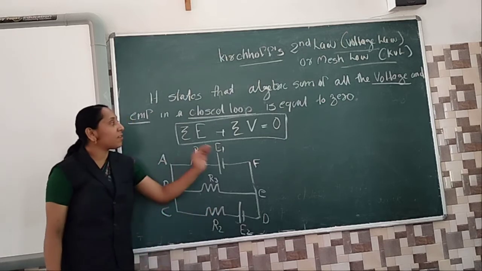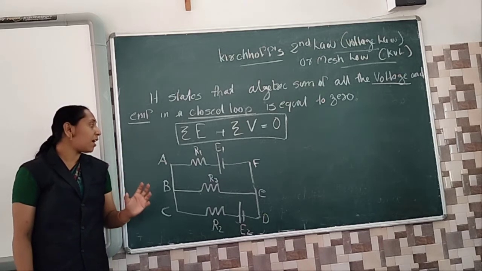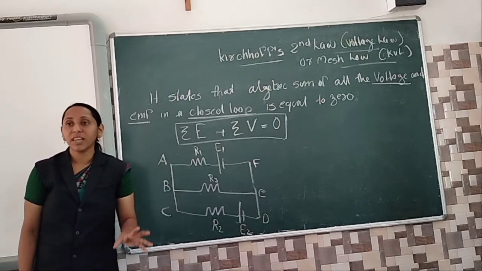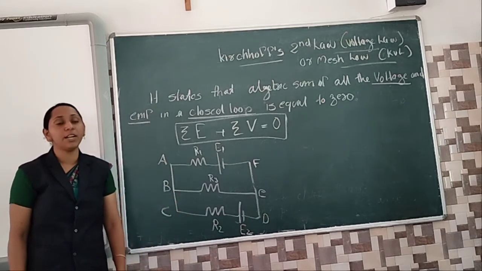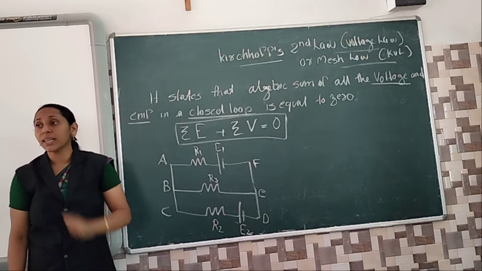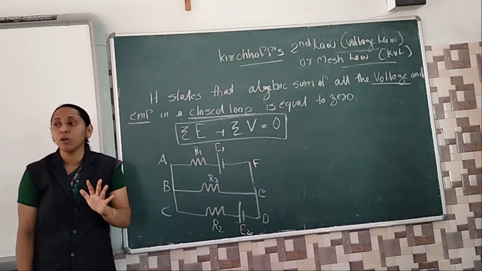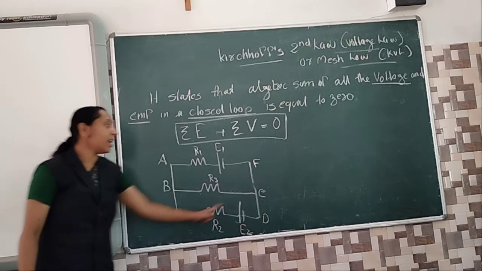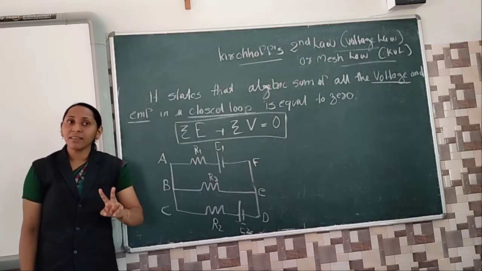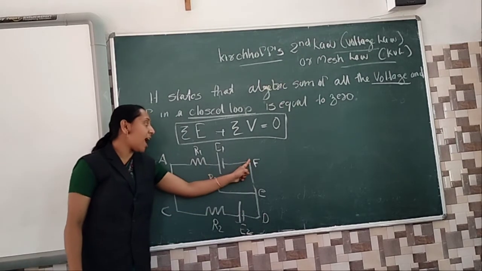Then we go on to the application of Kirchhoff's second law. The question is, we want to find the values of V1, V2 and V3. Voltage is the case here. So first we should consider two different closed loops. How many loops are there here? Already 3 loops are here. What are the 3 loops? First is A, C, D, F, A, the large loop. Right? The second loop is the smaller loop, A, B, E, F, A.